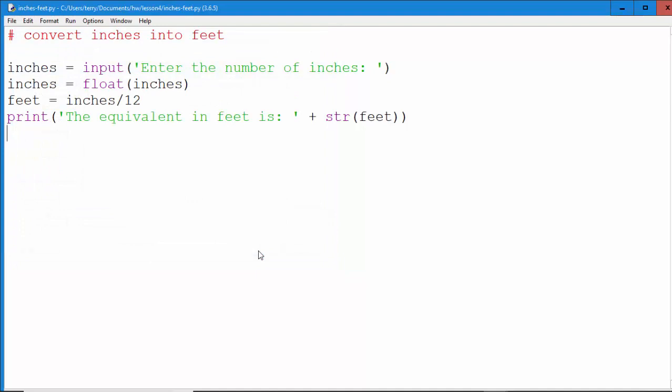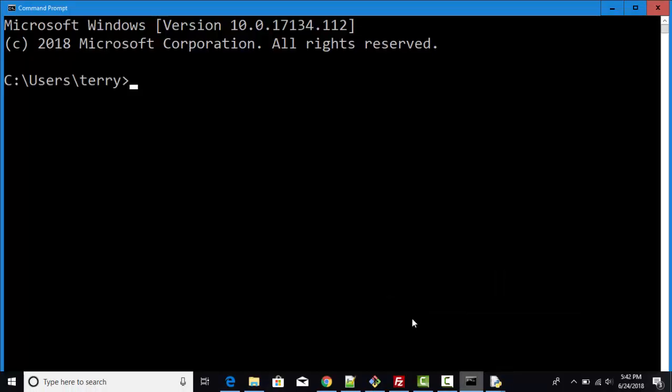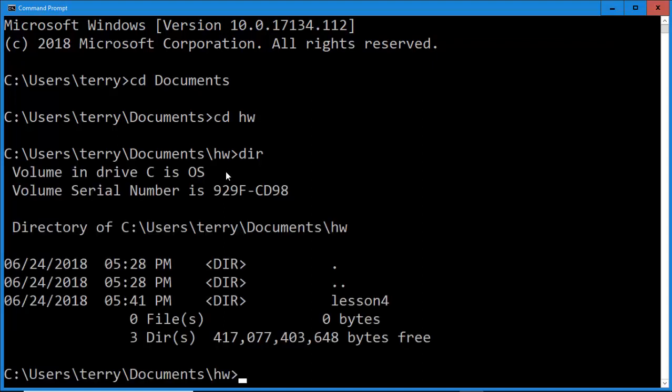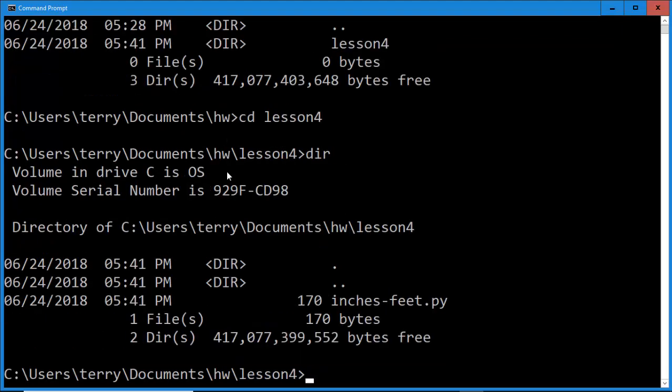So now that we've saved it, we can run it here using Run and F5, or better yet, I always like to run it from the console. To do that, we can open up our console here, and now we need to cd, or move, to the place where our code that we just wrote is saved. Here I can move into the Documents folder. Within that, I have a Homework folder, and within that, I have a lesson 4 folder. I can use cd and the dir commands that we've already learned in navigating, and now here I can do python. I'm going to run the script